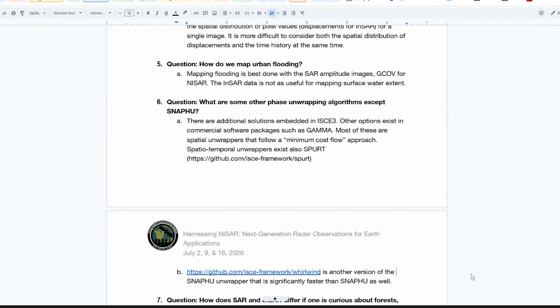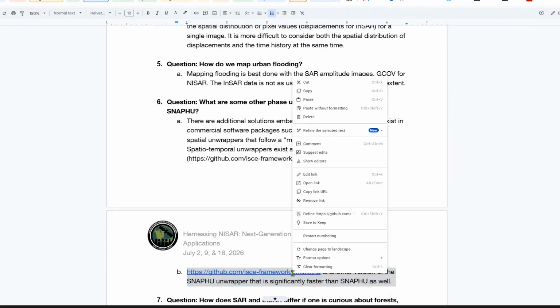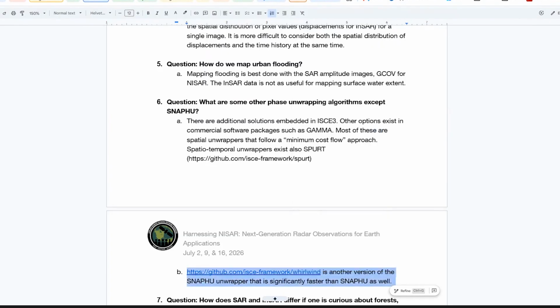The next question, number 6, what are some other phase unwrapping algorithms other than SNAFU? So the standard algorithm that's used by ICE for the NISAR processing is SNAFU, but the ICE3 software package that the NISAR mission uses for processing does have other unwrapping algorithms included in the software. So it is possible if you want to do your own processing with ICE3 to use those other options. And there's also